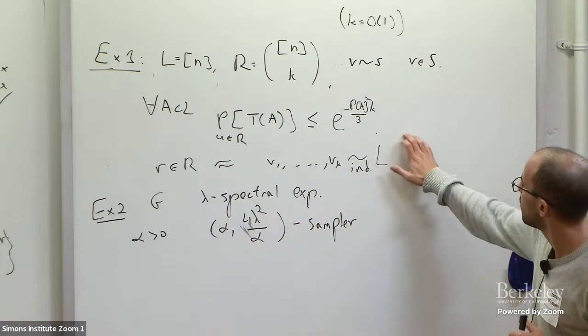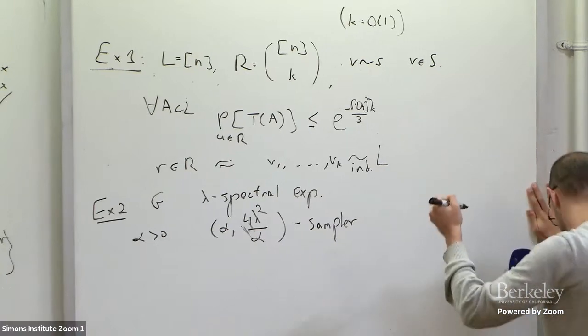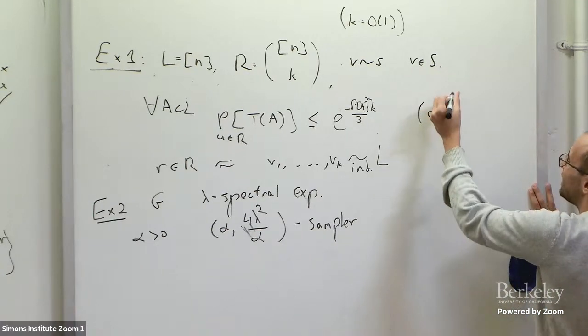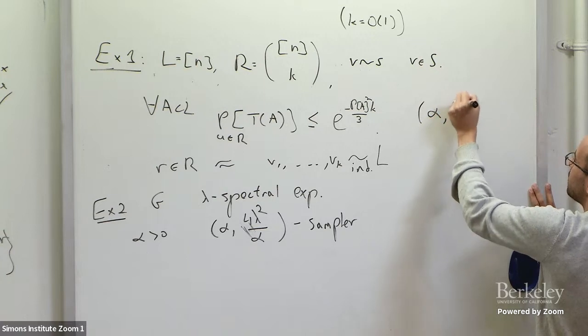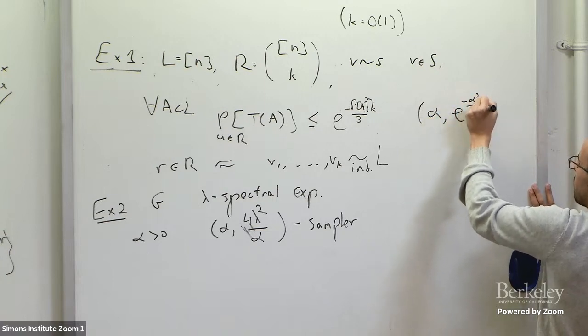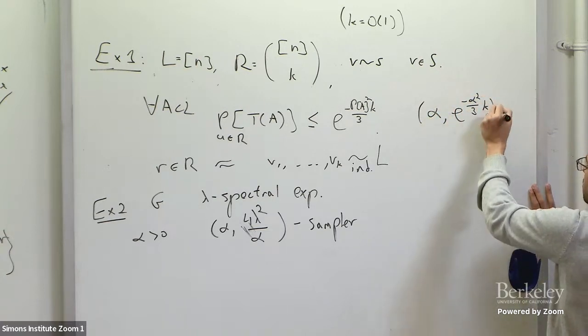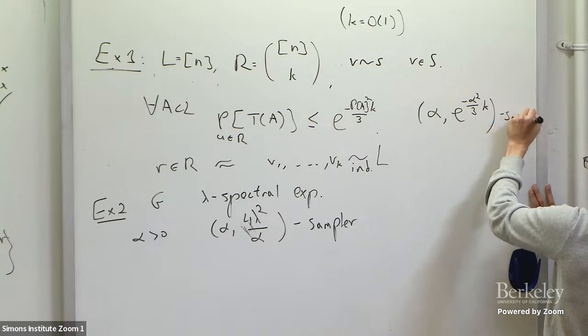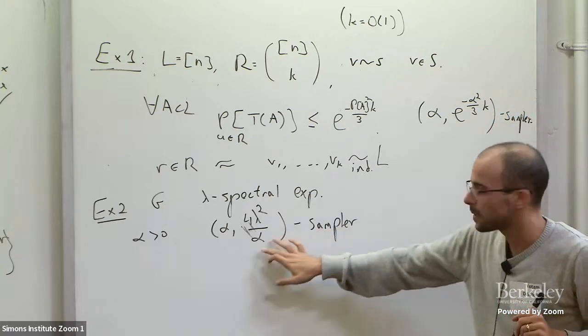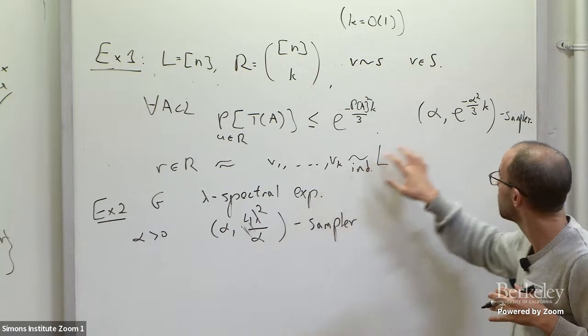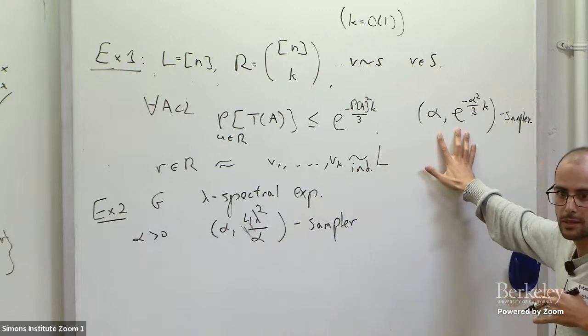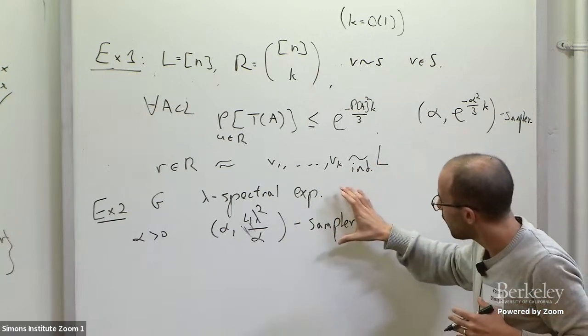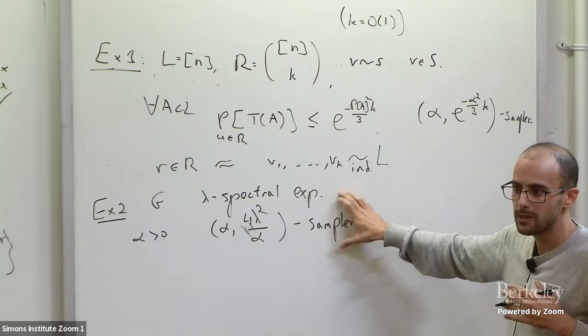Just to compare, because I don't think I wrote it here on the board. Oh, here, G is like an alpha e to the minus alpha squared over 3 k sampler. So here you can get something that's like polynomial in the degree, whereas here you get something exponential. Still, sometimes what you have to work with is only a spectral expander, and this bound could still